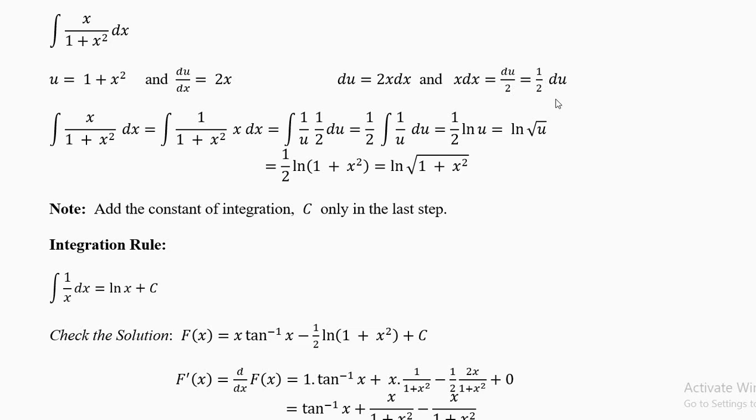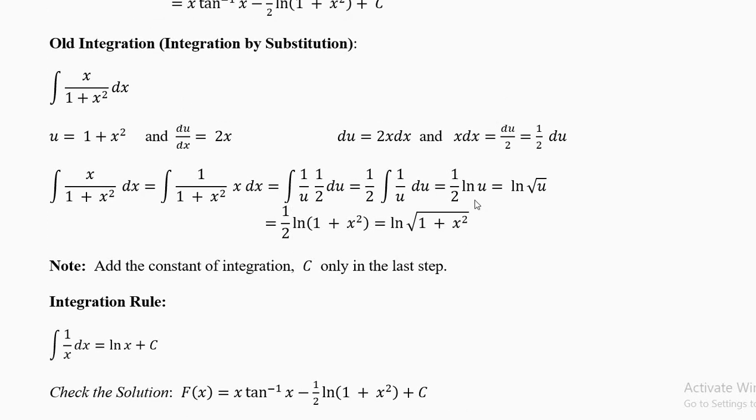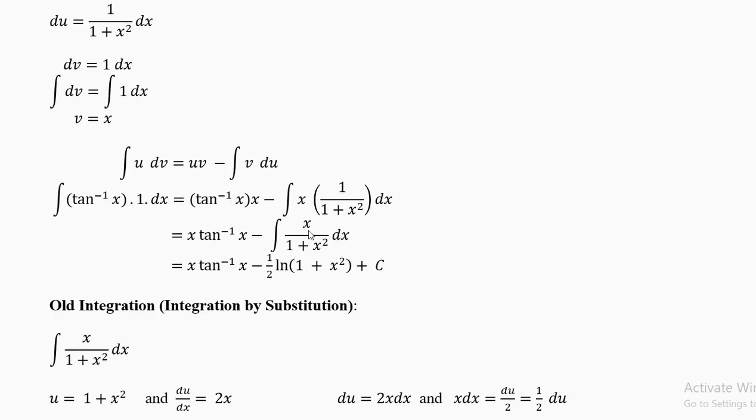This is topic 3. So integration will be, write x and the dx together. You will get the integral 1 over 1 plus x square, 1 over u. x dx is half du. The half comes out, 1 over u. This is power minus 1. You have to use natural logarithm. You will get half ln u, which is half ln (1 plus x square). This half can be taken inside like this, and you can write ln square root of 1 plus x square in some questions. So anyway, now x tan inverse x is the outside thing.